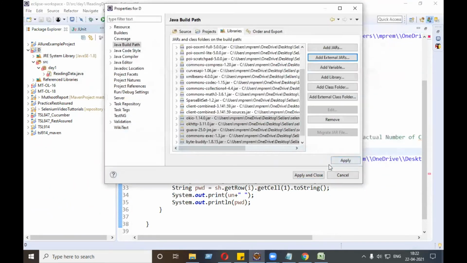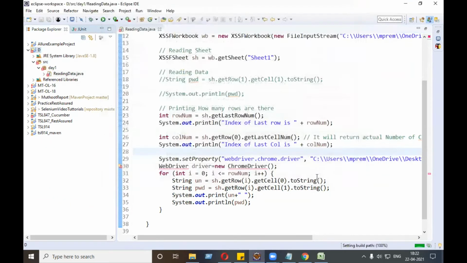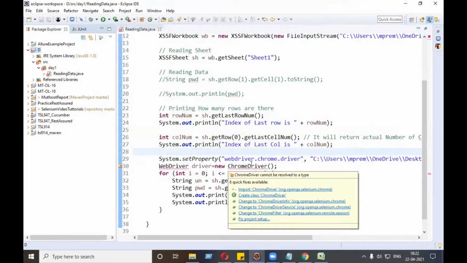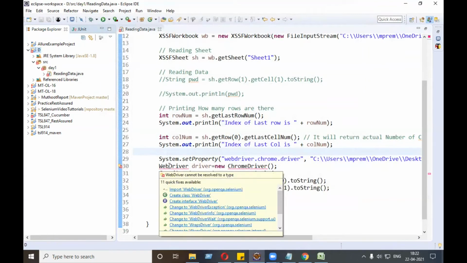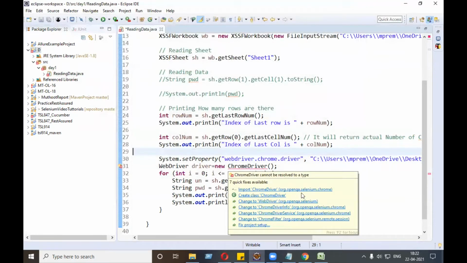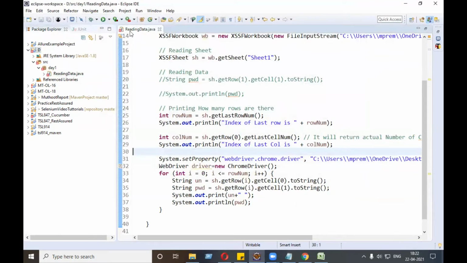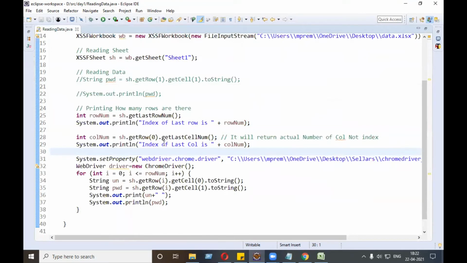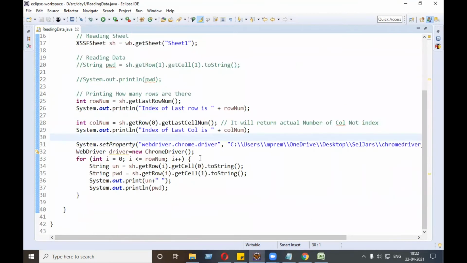I will select, click on Open, Apply, and Close. Now if you move the cursor over these two, you will get the import option. Previously we were not getting the import option. I will just click on import. Now this will start a new browser.